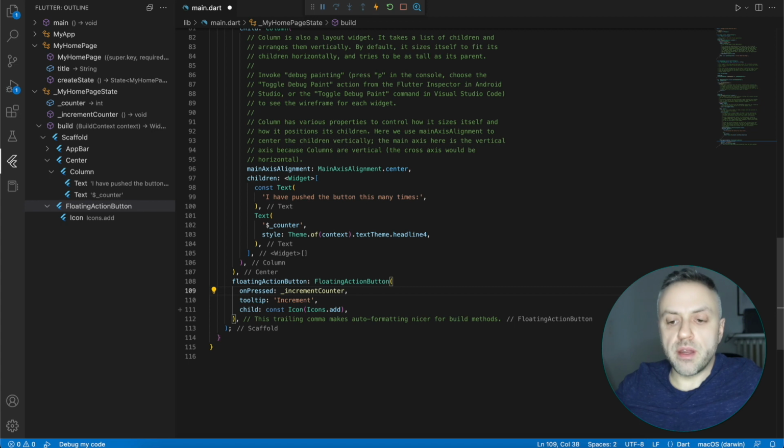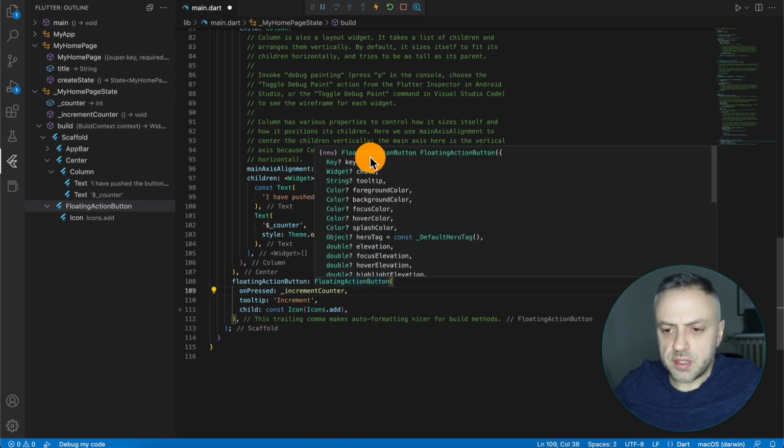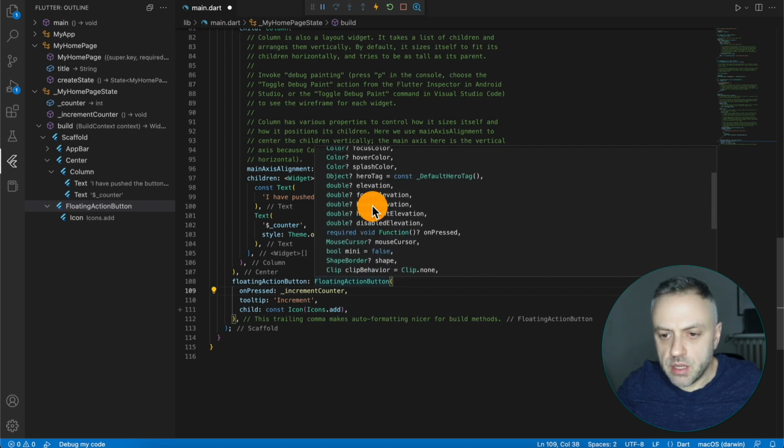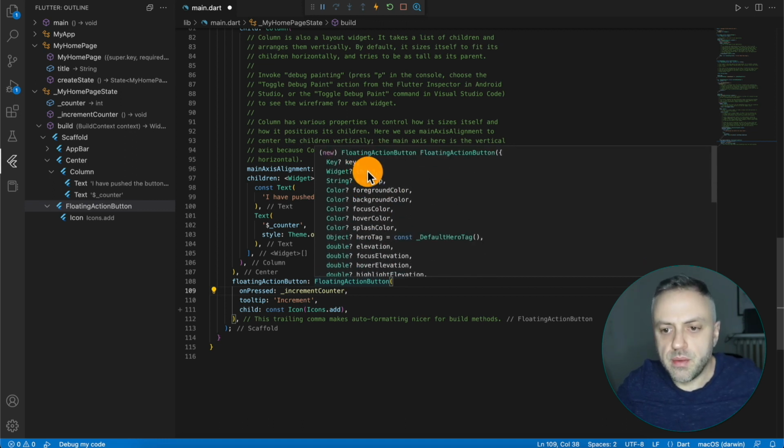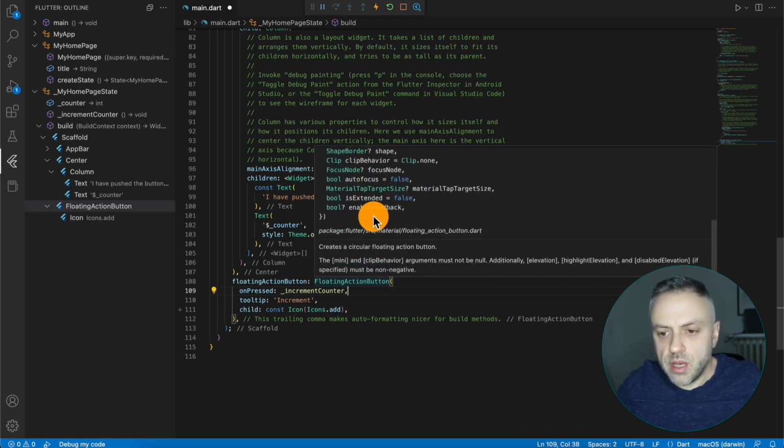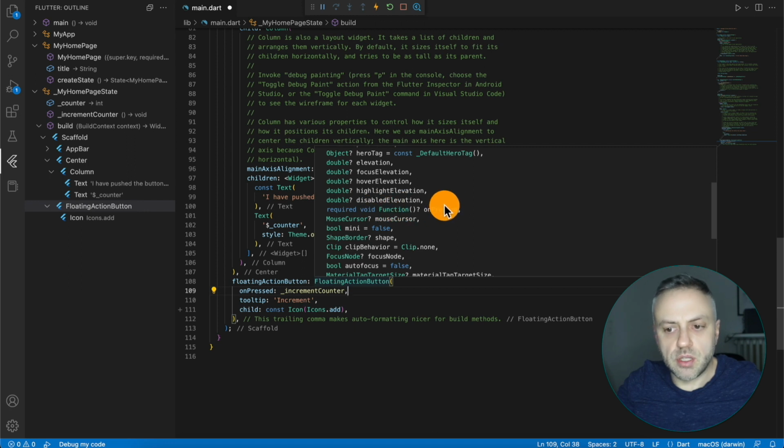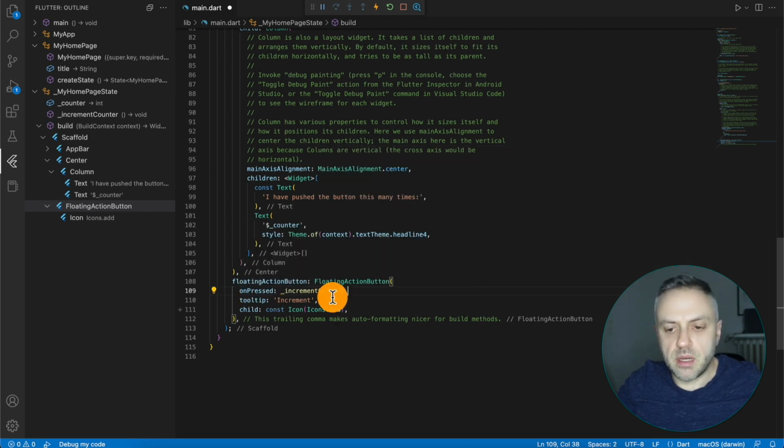Now, as you are writing code and trying to build different functionality, one nice thing that you should be aware of is that if you hover over something, you will see some of the things that this particular widget or function or class takes in. So this floating action button, right? Look at how many things you can pass to it. You have a child widget, you can pass a key, a tooltip, foreground color, background color, but it also has one function. You see, this is onPress, and this is what we're passing here,